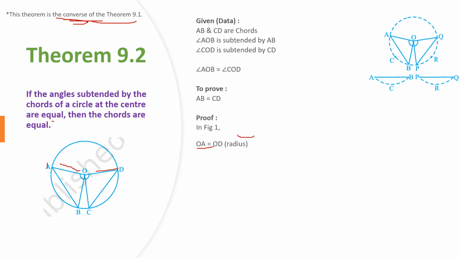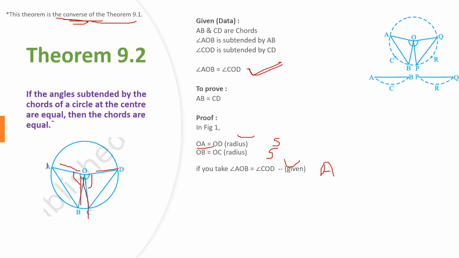Second, OB is equal to OC. Why? Again, they are radii of the circle. Then what? Angle AOB is equal to angle COD. Why are they equal? Because it is given here, as part of the theorem. So now what we have proved is one side is equal, the other side is equal, and the included angle